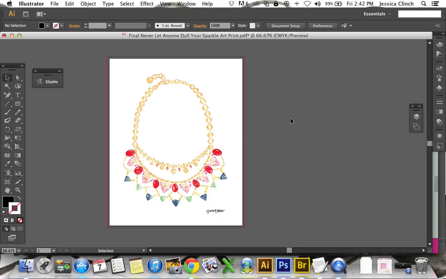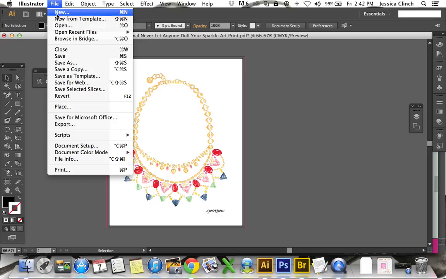So go ahead and open Illustrator and select the file that you'll be using for your art print or painting. I've chosen this illustration of a necklace by Stella and Dot for my art print graphic. After you have that open, go to File, New,